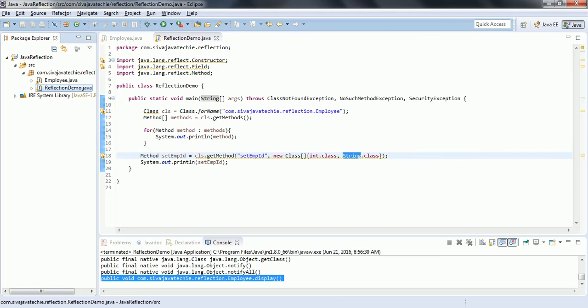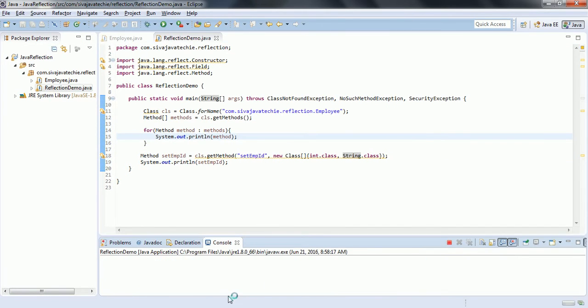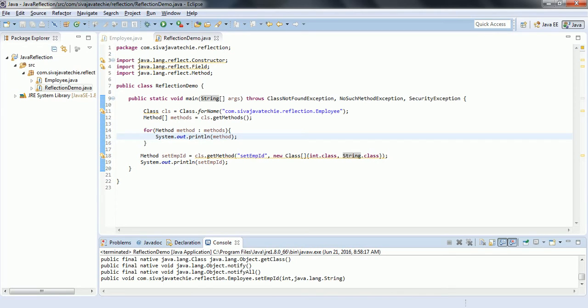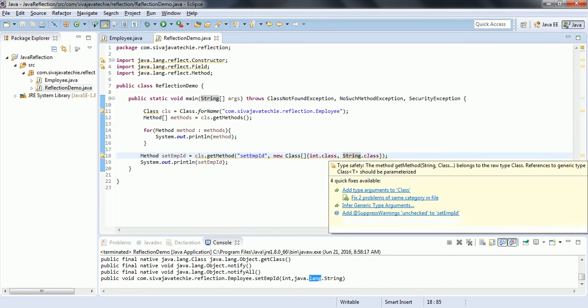So if I run this program, you can see it gives you siva.java.techie.reflection.employee set employee ID integer comma java.lang.string. So this identifies the method which matches the two input data types it has defined, and it is trying to get it.